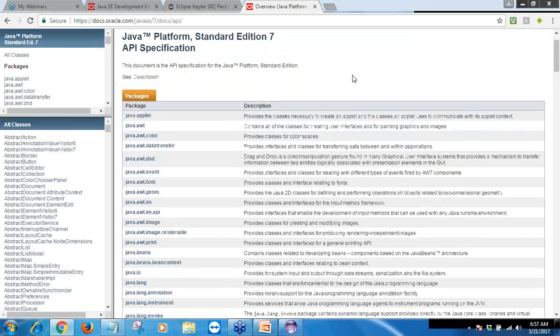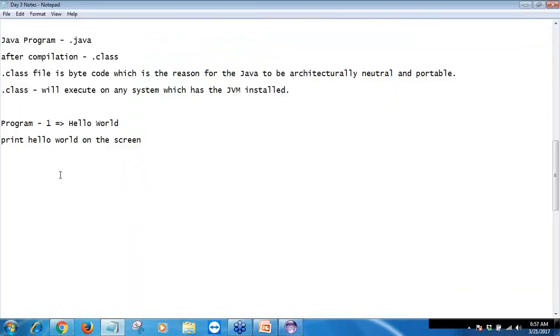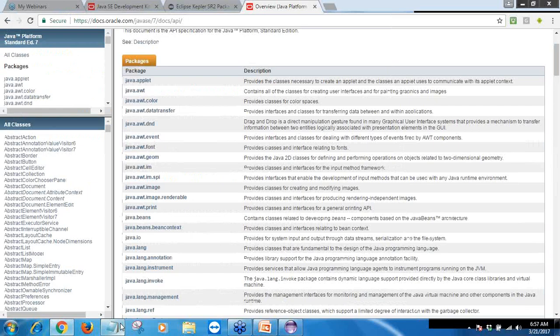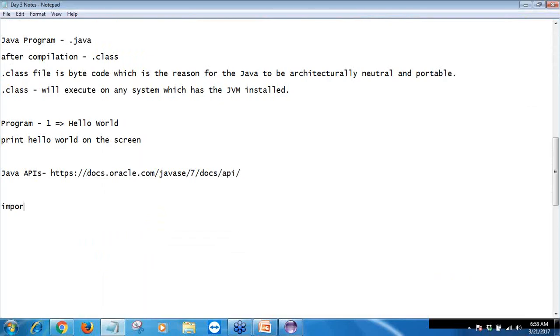Okay, so Java is a very vast programming language, and a lot of things are already built in Java. You don't have to build anything from scratch. A lot of things are already available to you. So how do we use these packages and the classes available inside these packages for our work? For that, we use a keyword called import, which imports a Java package or class within a package in our program,